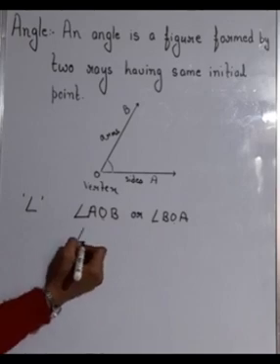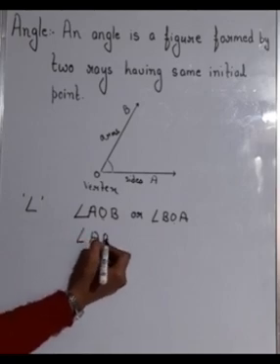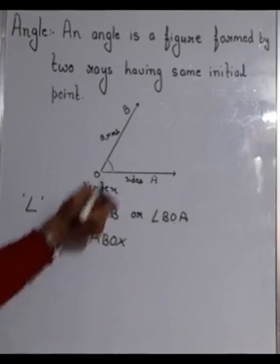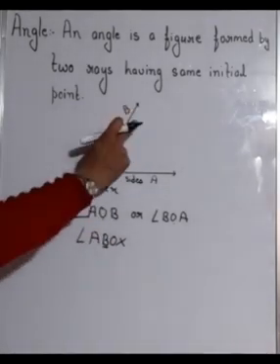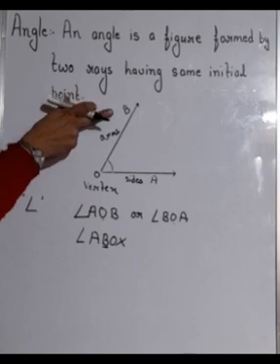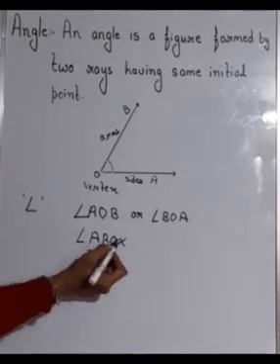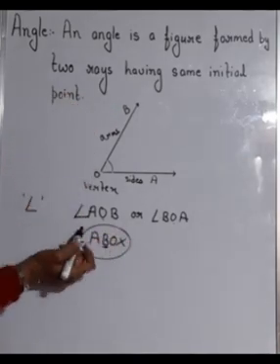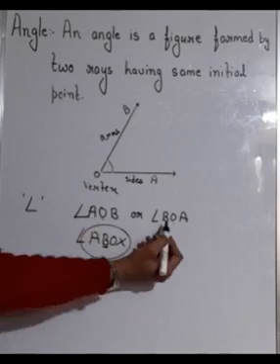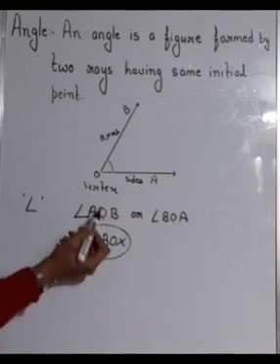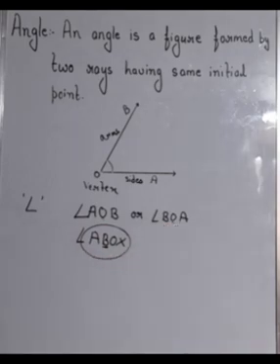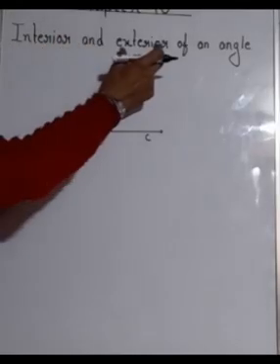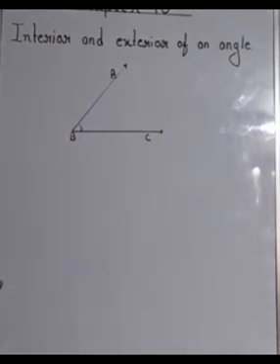If you write it as angle ABO, this is wrong, because if you are writing B in middle, it means the angle should form at B, but you can see that there is no angle forming at B. So this way of writing is wrong. Okay, you will write AOB or BOA, keeping in mind that the vertex should be written in middle. Clear?